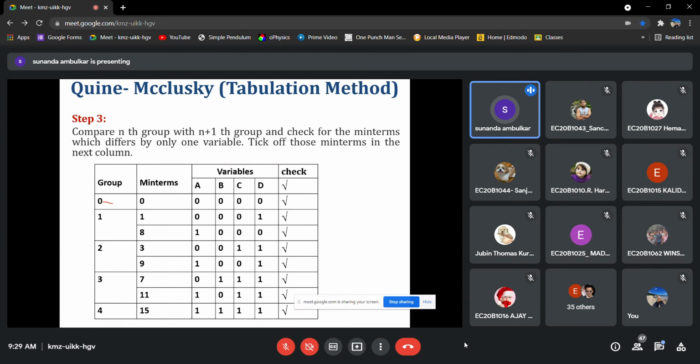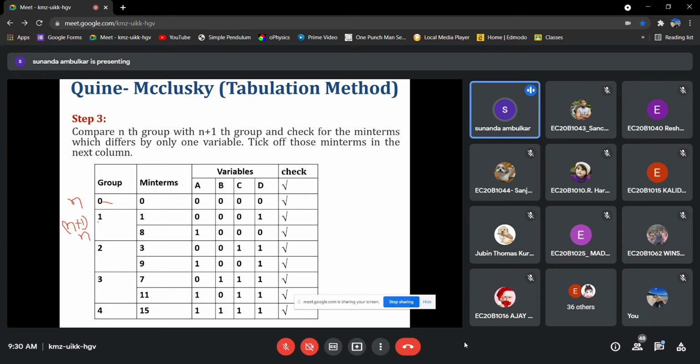So we'll see first. This is group 0. Suppose this is the n group. For this n group, which group is the n plus 1 group? 1. Okay, if group 1 is the nth group, which group is the n plus 1 group? Group 2.